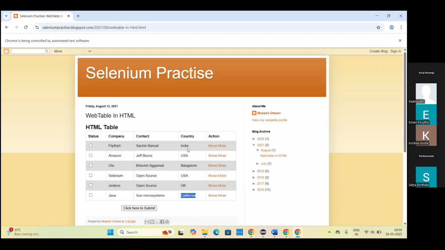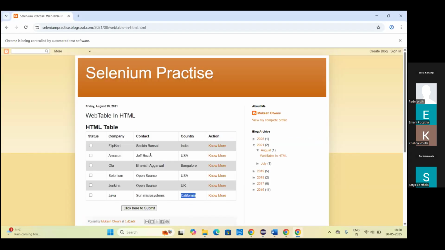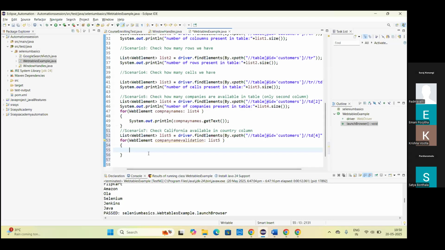Initially, it will come India. We need to check whether India is present or not. But here our requirement is different: California. Again, we need to check for USA, Bangalore, USA, UK. Last, it will check for California. If it is present, it will return true. If not, it will return false. Okay. How to check the condition? We have conditions. If